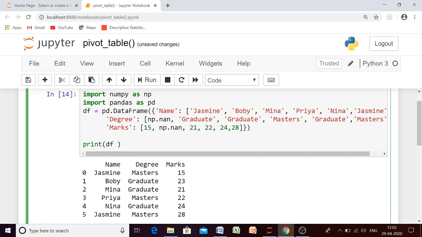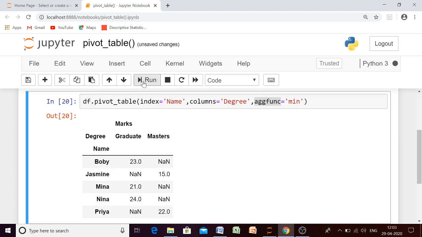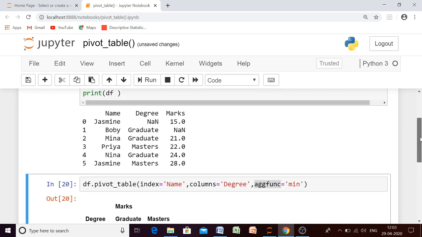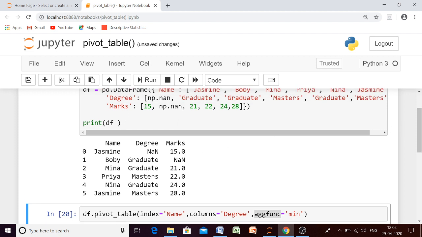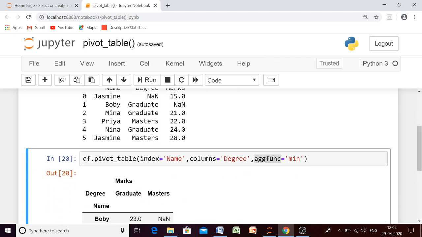Which value can be missed? If we don't have this data, then we may write np.nan here, because you can't keep it empty. If you have 6 entries, you have to provide 6 entries. But what if you don't have the value? Then you may write np.nan, which means the data is not available. Now when we execute this, the result is like this. See here, we are having NaN and here we are having NaN. So this is known as missing data.